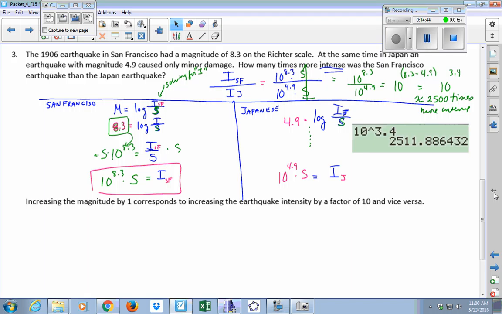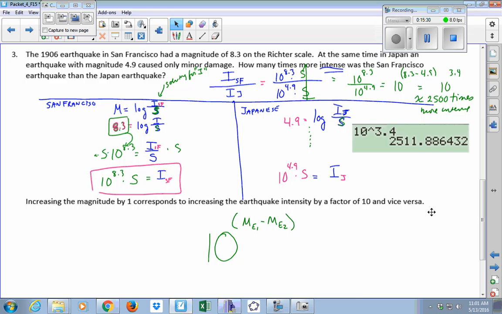Now that we've seen this example, what could you do really quickly, if you had a little piece of paper and a calculator, to compare the magnitudes of two earthquakes? You're probably not going to remember going through all this, but what could you do, Jasper? Yeah, and then what? Right. All you have to do is, it's always going to be base 10 because the Richter scale is the common log. And here you have the magnitude of earthquake 1, subtract the magnitude of earthquake 2. That will always work.